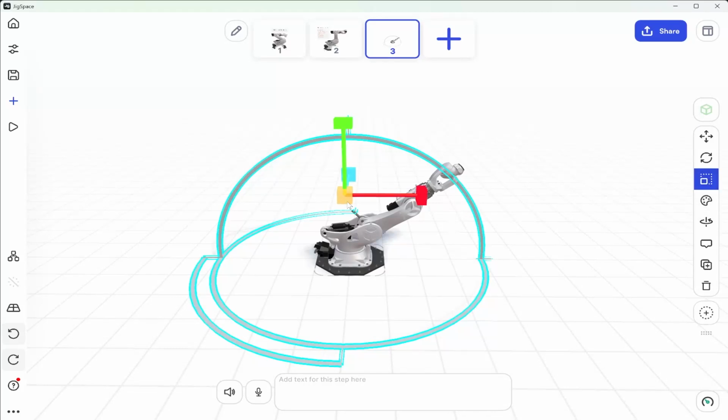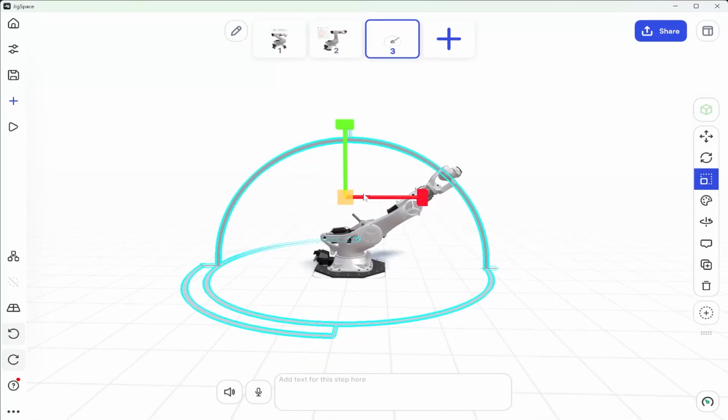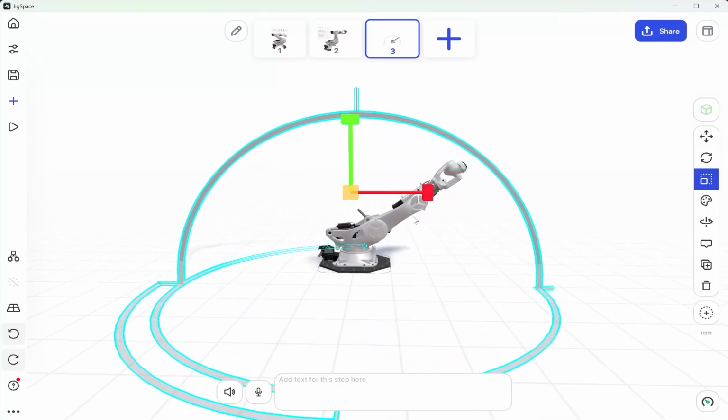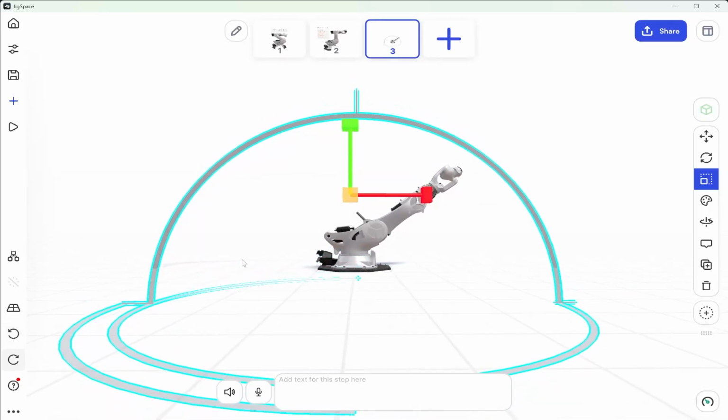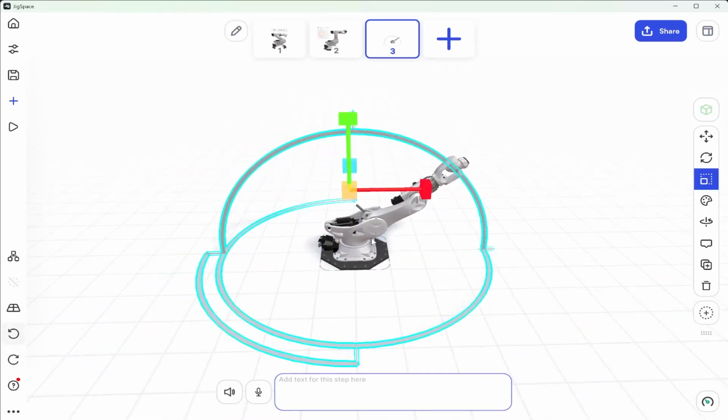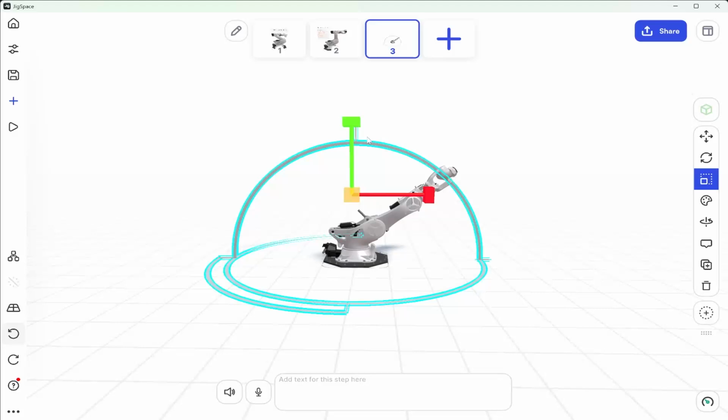But if I choose to scale it up, it is going to scale at the center point of that pivot. So you can see it's just going to clip or go beneath that floor. So one way I can go about designing this so that it always scales up from the correct point is